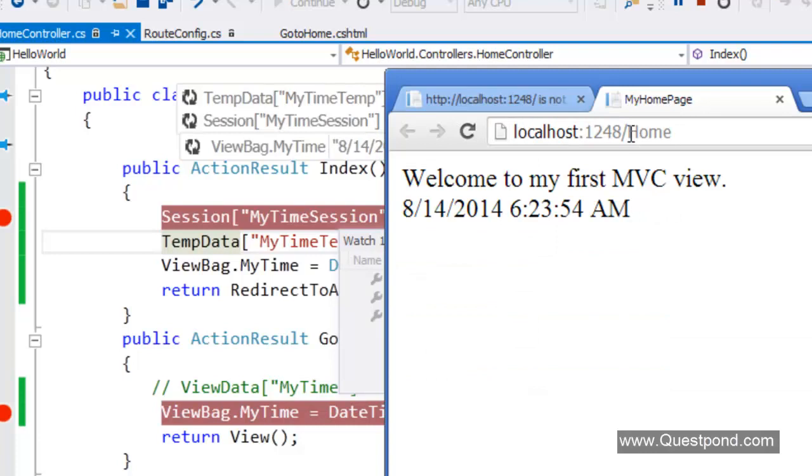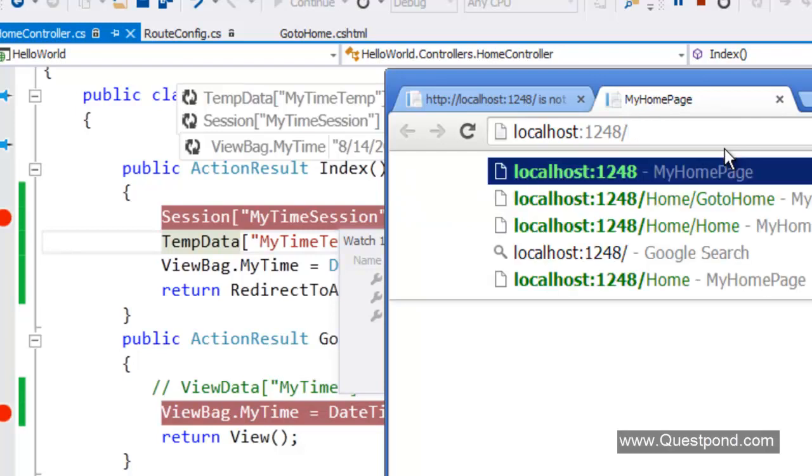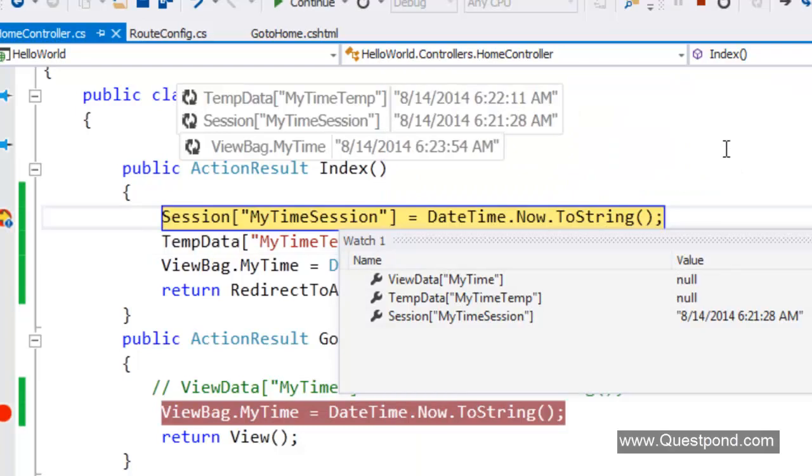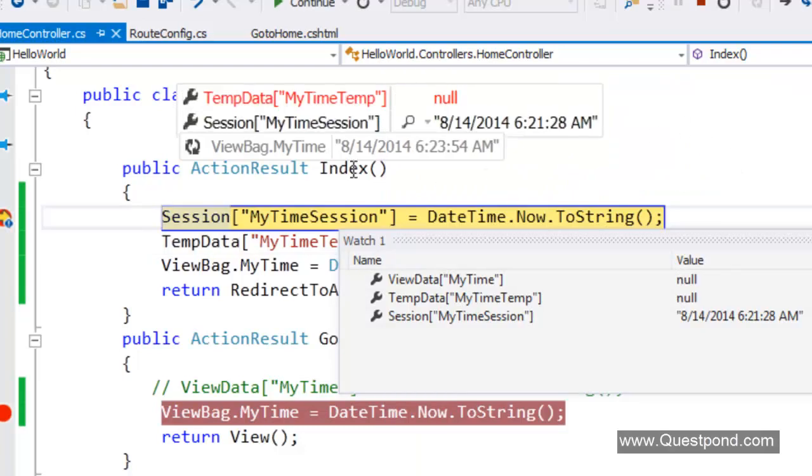But now let's say I again send a request. Now this is a second request. Okay. Now in this second request, temp data will not survive, view data will not survive, but session will survive. Session will survive until you close the browser. So the session variables are your old variables which you have been using in your old classic ASP, which you have been using in your old ASP.NET web forms, right? So I'm going to again do an enter, and you can see now